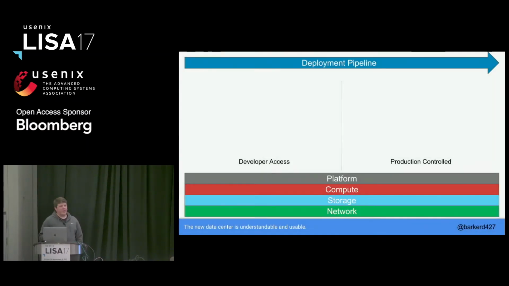So this is the way I imagine an environment in the future, or something that we're moving towards, where we have a platform, and in our case, this is Kubernetes, OpenShift, that abstracts away the compute, network, and storage. So we interface with the platform to describe all of this for our applications as they get deployed. And we have at the top a deployment pipeline